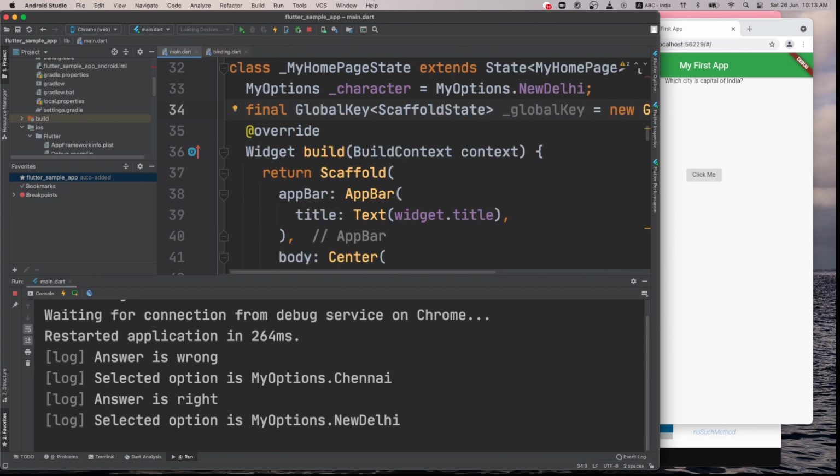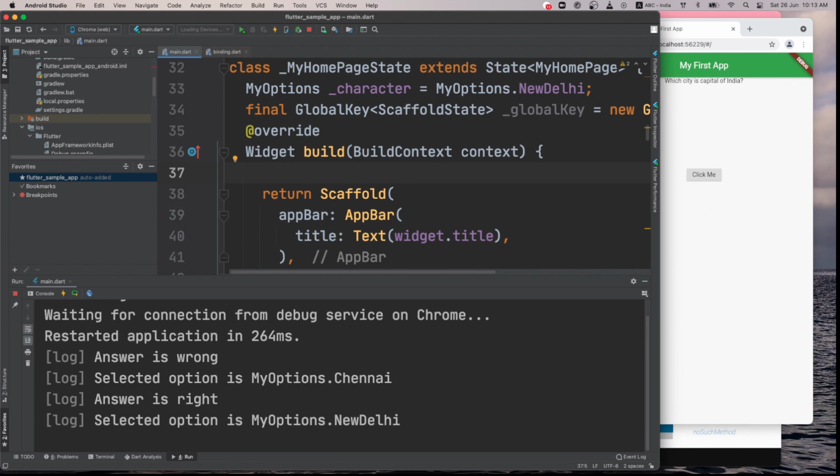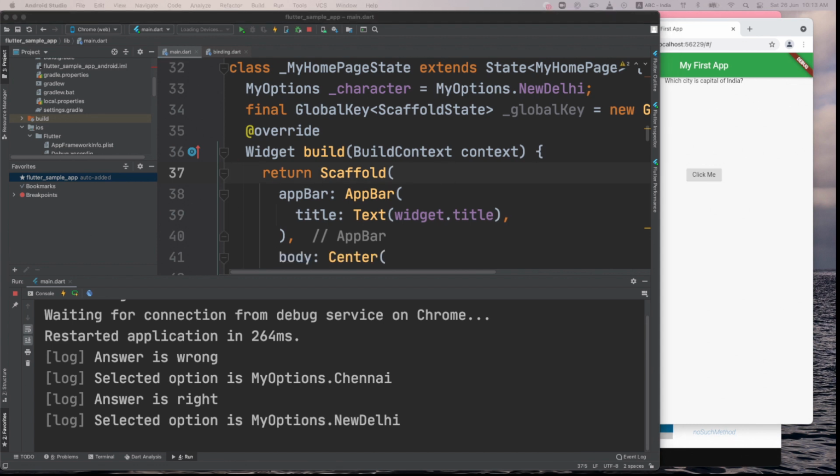Yeah, so this I am doing, and the second part is that I have to set this up, and that setup I can do not in the constructor here, actually in the build part, because when we are doing this we have to initialize the values.